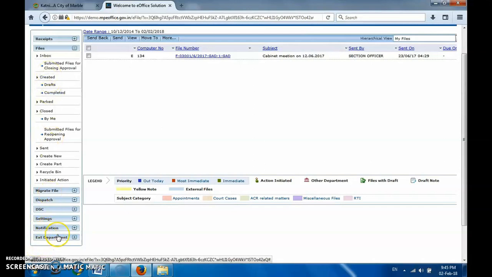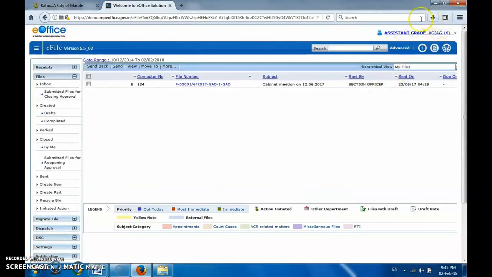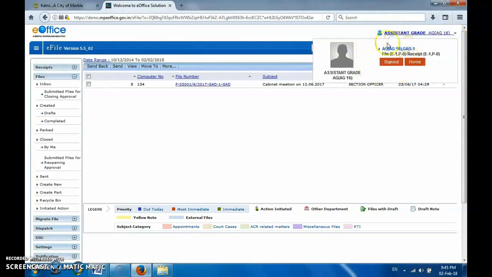Notification is when we log in we get one pop-up; it is something related to that. All that I will try to cover in future. One small thing: when we log in here, it shows our details. Just a second, I come forward. Here, click on it, and the sign out option comes here. When we are going from our seat, we must sign out for security. It is just a suggestion.